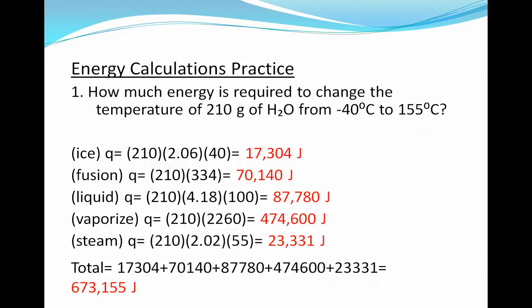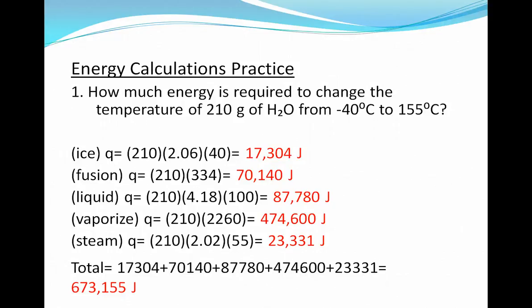You know your mass, your C value is 2.06 because it's ice, and your change in temperature is 0 minus negative 40, so you get 40, and you get 70,304 joules of energy. Next part is fusion. Since it is a phase change, you use Q equals m delta H. You know your mass, and your delta H of fusion is 334, so you get 70,140 joules of energy. Liquid,